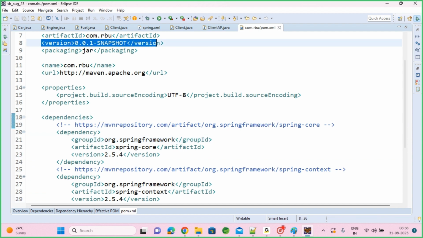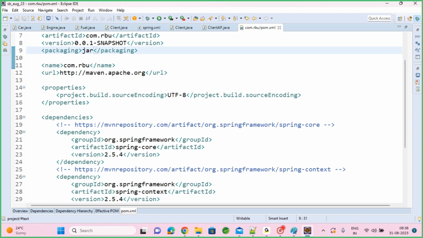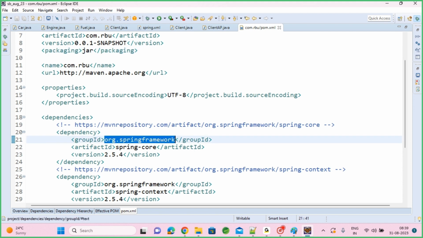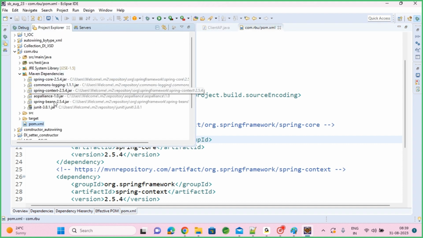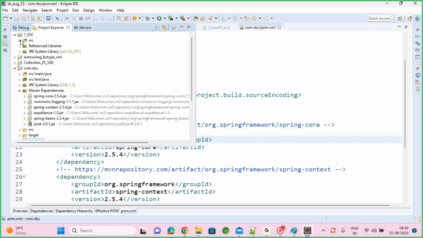Same like this, right? You need to mention your versions here. Spring framework, org.springframework, and the version you need to mention here. So the common version it will use. Now look. You got here, if you look here, Spring context, Spring beans, AOP, different set of jar files you got here. Okay? So same example,